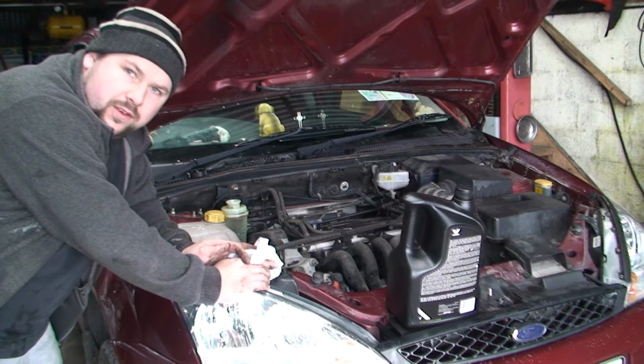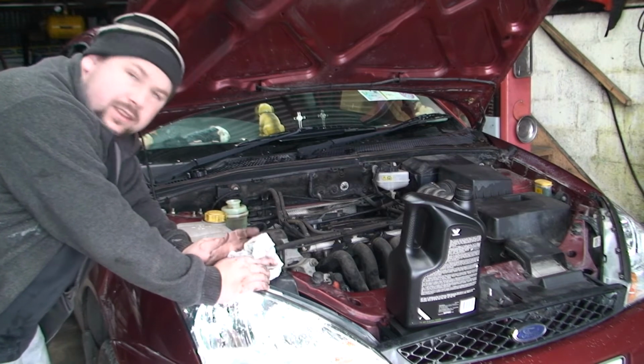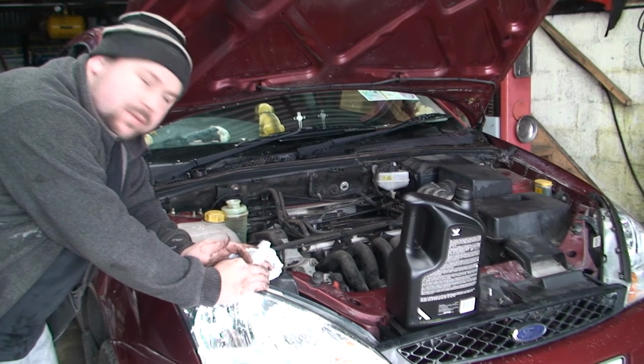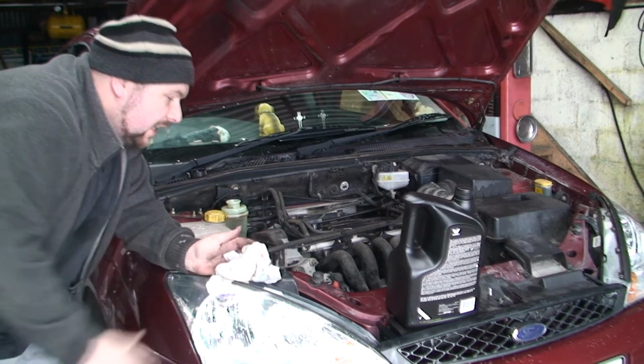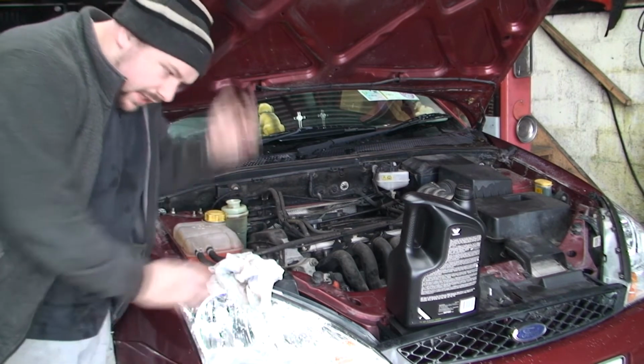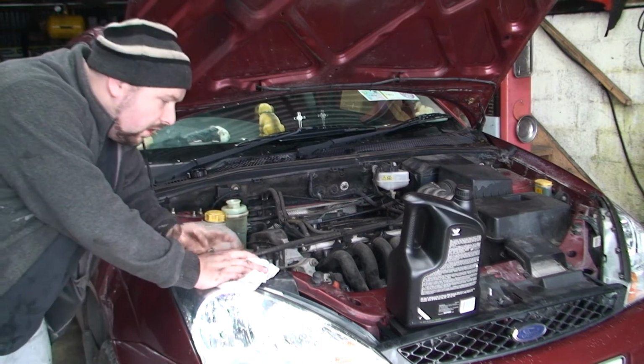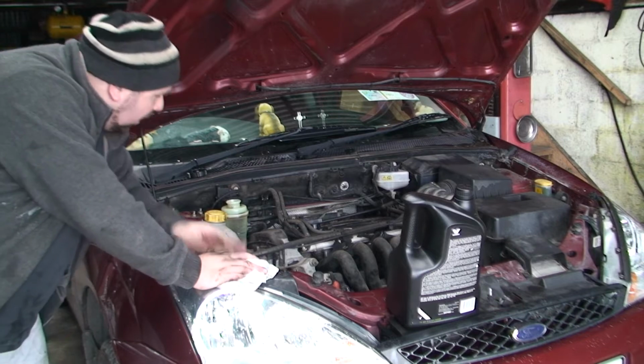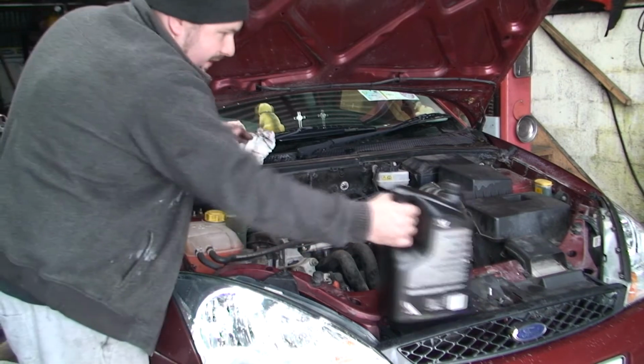Now they're all more or less the same. This one's on a Ford Focus, but it's going to make some funny noise, and if you're not used to it you might think you're doing more damage than you are. This has completely got no fluid in now. We've had to change a pipe, so there's no fluid in this whatsoever, so it's going to make some really horrible noises. So the first thing you obviously need to do is get some power steering oil and